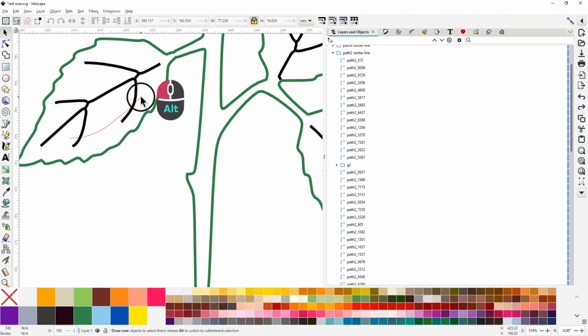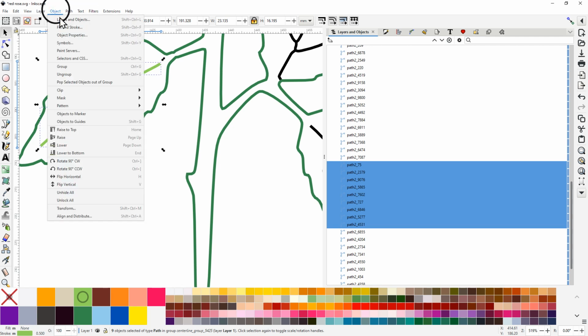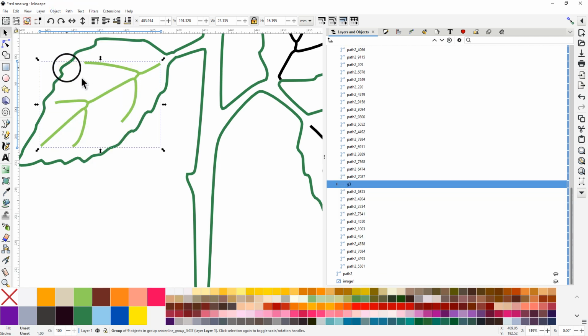So now I'm holding down the Alt key and I'm dragging a line through all my line segments, and now they are all selected, and I will go and change the color on them, and it's the same thing, Object, Group,